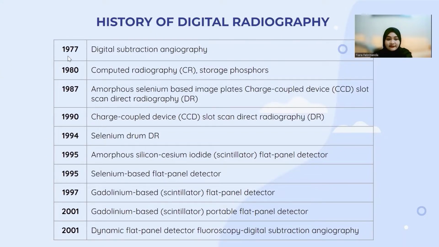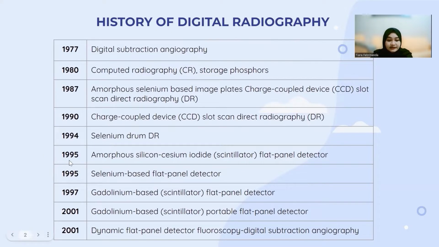In 1977, digital subtraction angiography was found. In 1980, computed radiography, storage phosphor. And then in 1987, amorphous selenium-based image plates, charge couple device, CCD, slot scan direct radiography. And in 1990, charge couple device, CCD, slot scan direct radiography, DR, and then in 1994, selenium drum, DR, and